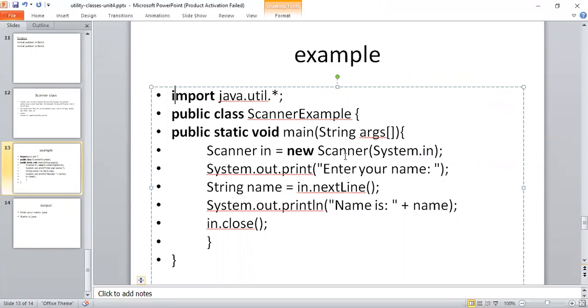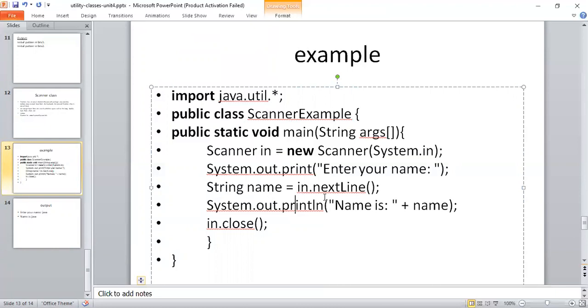Then whatever string I accept from the keyboard is of string type. Because of that, I declared my data type as String and the variable name as name, because this in contains a pool of data. From this pool I'm getting one word by using a method called nextLine. nextLine is the method available in the scanner class, which is used to get one string from that data pool, and copy it into a variable called name.